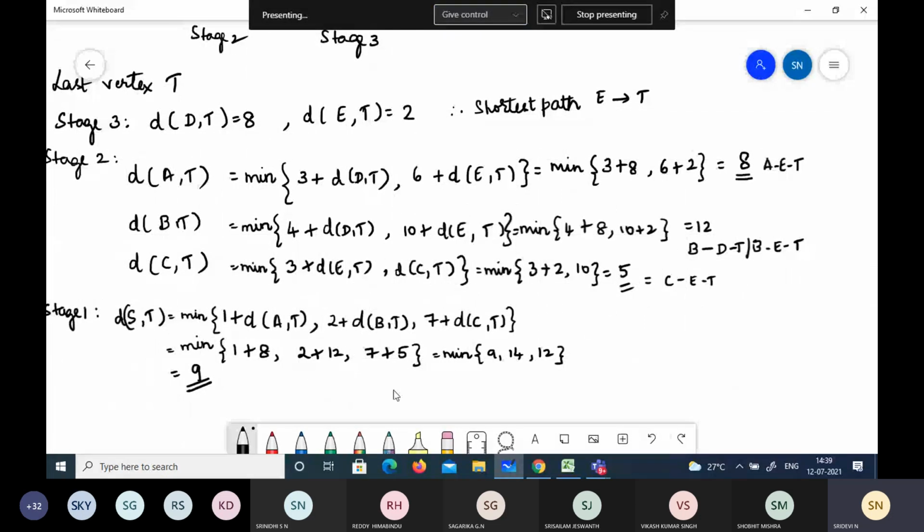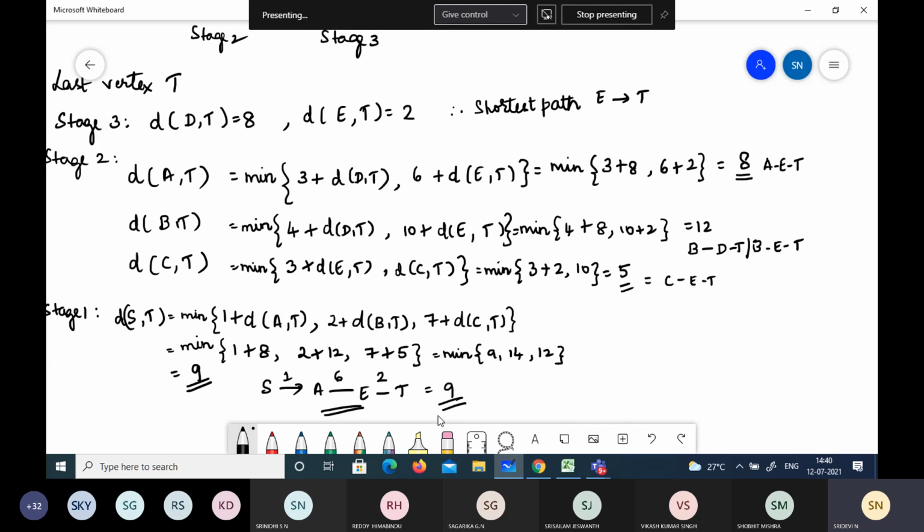So what is the path? It is S to A to E to T. This is the shortest path with the cost 1, 6, 2 and it is 9. Right? Shortest path you all got to know now.